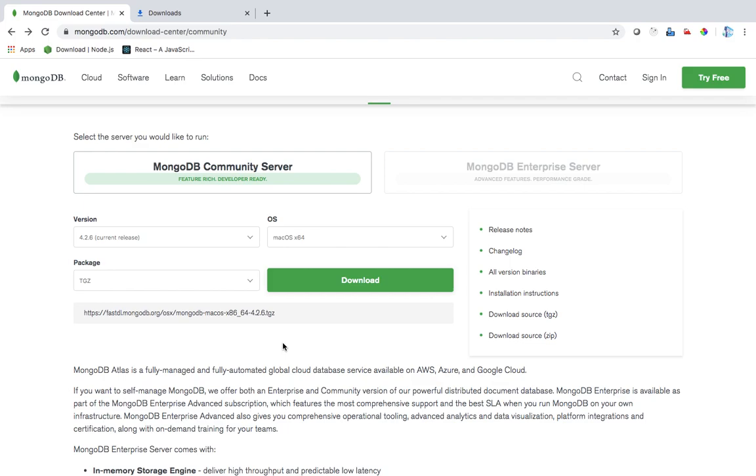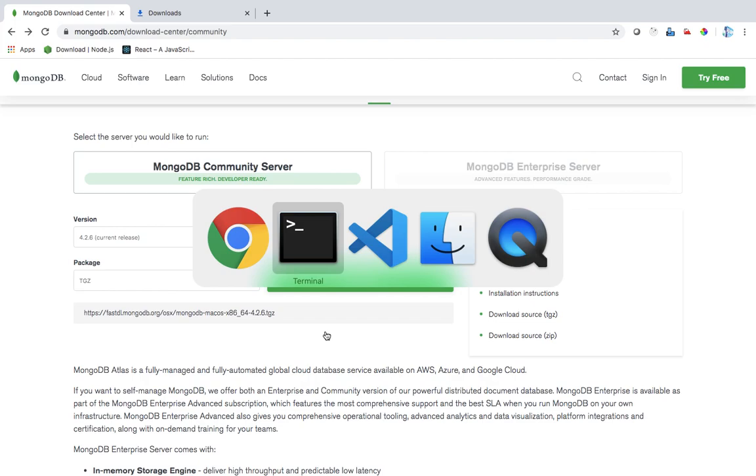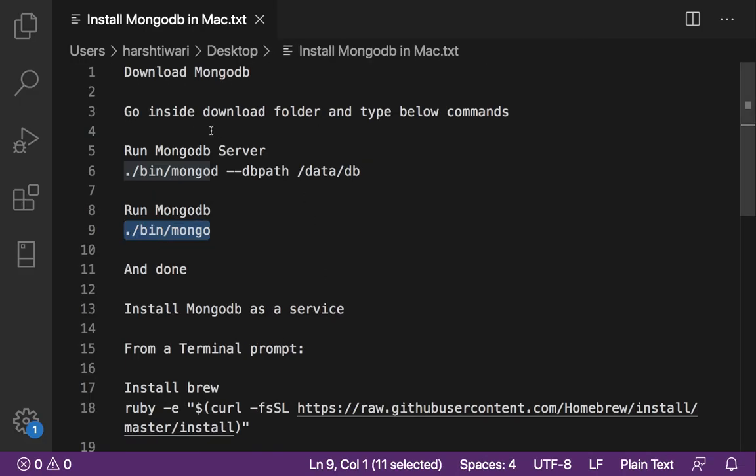Now in the next video, I will tell you how to run this MongoDB as a service, because the way we have installed it right now, we have just downloaded it and then just run this command. So we can run the mongo command, but we always need to go in the bin folder and do this, and then we need to run this mongo also.